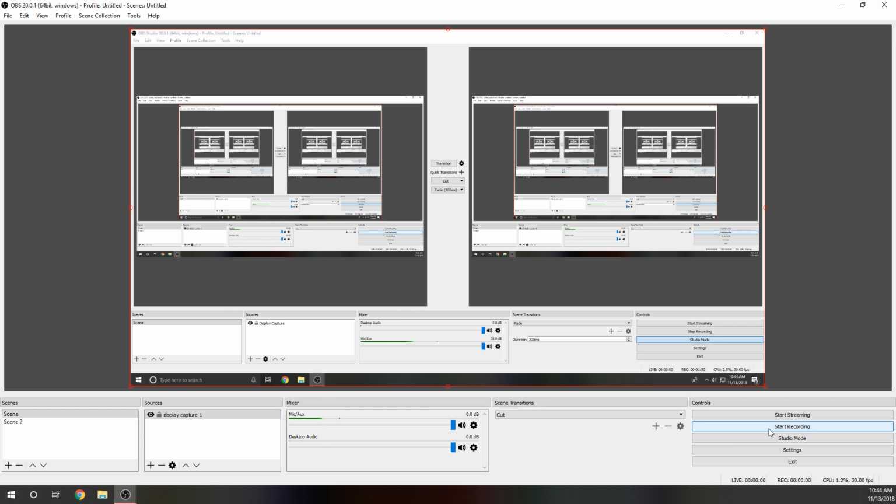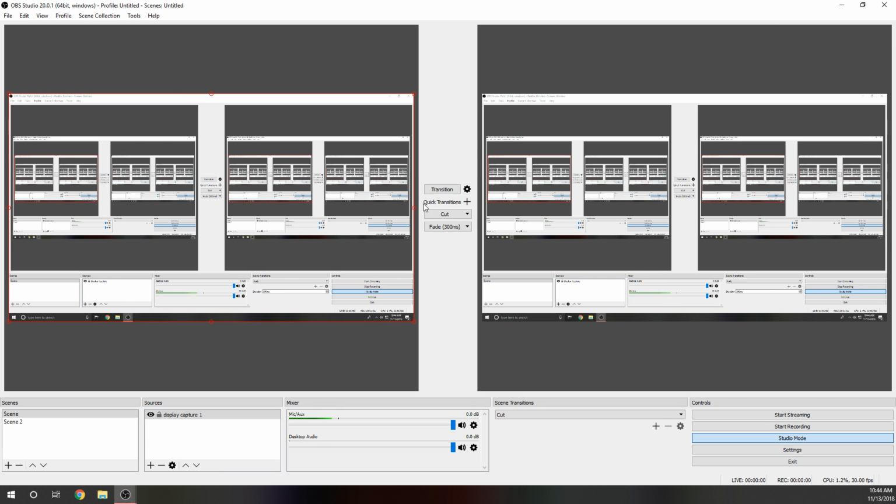These are transitions, and these work best with studio mode, which just doubles your screens. This is what you're putting in, this is what you're getting out. The transition is set to cut, and the way you change this is you can do swipe, fade, cut, and then you can just remove the transition altogether. For the fade, this is how many milliseconds it takes to do it. So I'm just going to set it. This is what happens if you do it for 5,000. If you do transition,